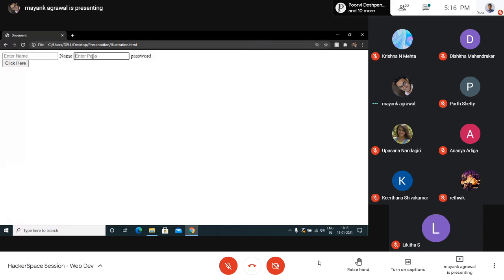So you see that there's this name field Mayank, and then there's this password field. But whenever I type something, you notice that whatever I type is not being shown over there, but it's just being there. Also, when I click, whatever I type comes over here, right? So this is one thing.